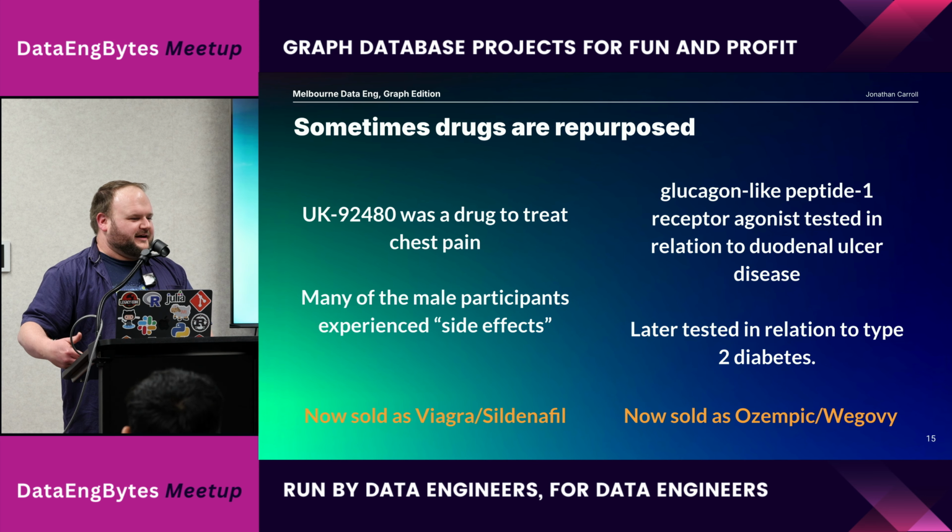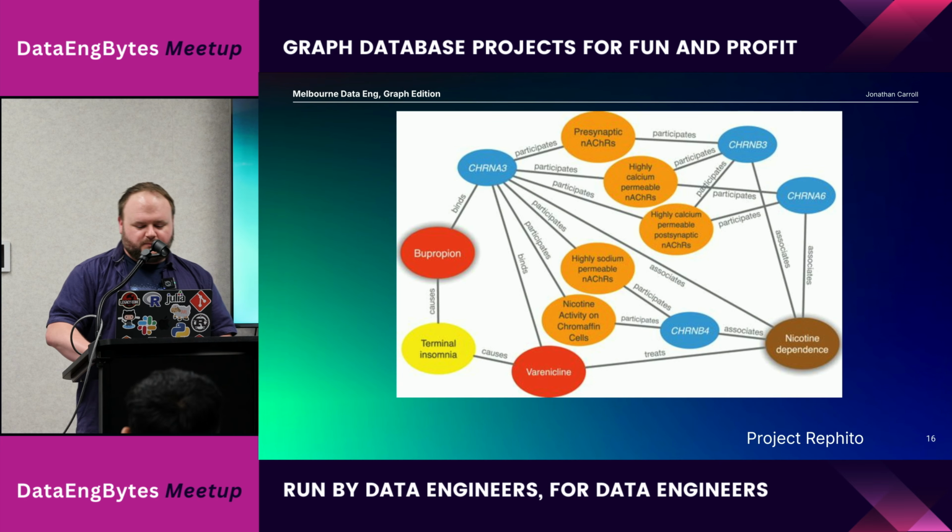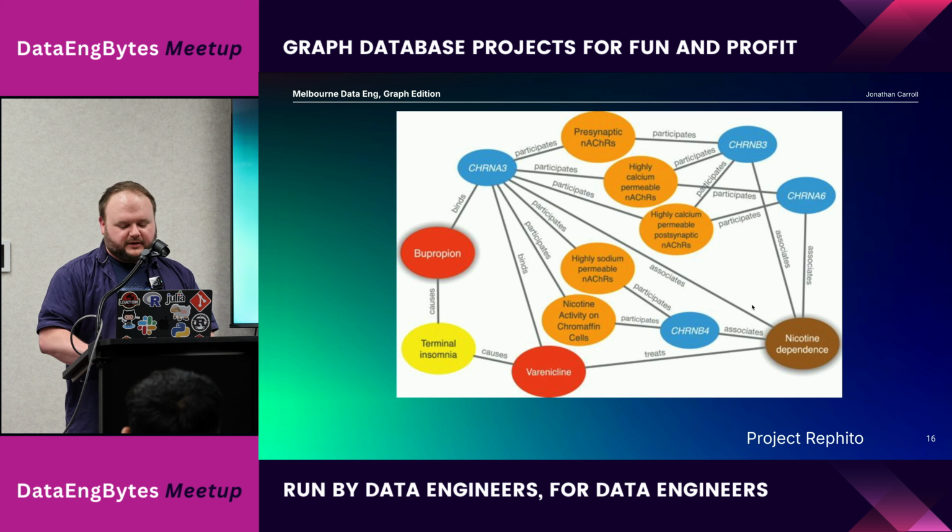So sometimes you can find out, again, through a network of this affects that, affects this, affects that, things that are being used differently. So the example from that paper was, they actually did this backwards, but looking at nicotine dependence, there was a drug, varenicline, that was used to treat that. If you look at the whole graph of what gets affected by which genes, then there's this other drug, bupropion, that was used to treat depression. And what they found was the people taking the depression drug tended to stop smoking. And they went back afterwards and had a look in this graph, and yeah, it's all the same pathways. So now both of these are sold to stop smoking.